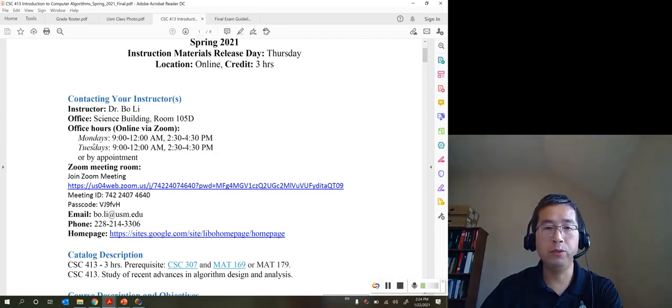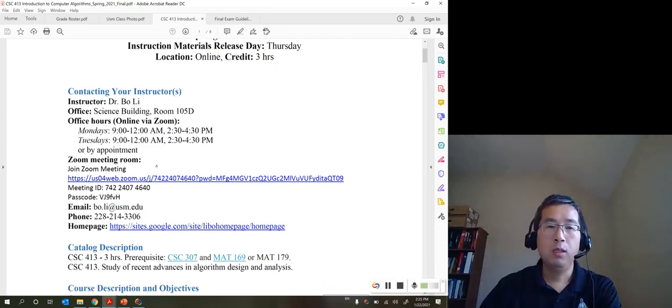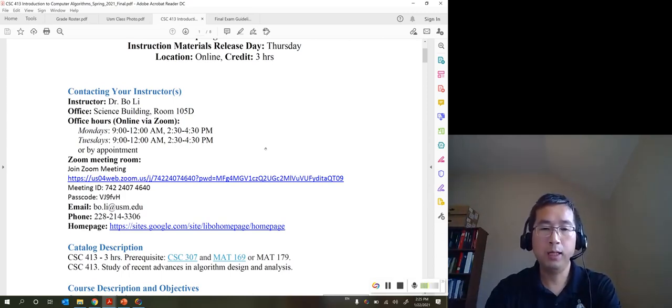So I have to change this one. And the meeting information is this one. Okay, so you click this one and meeting ID and passcode. Or you can just use your Outlook calendar, and then you will automatically have this meeting information, maybe give you